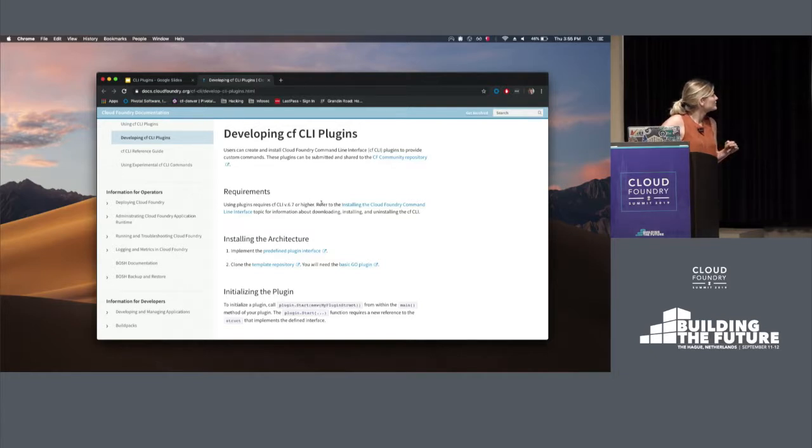So, going to developing CF CLI plugins. This is a lot simpler than you might give it credit for, because you do have this really nice interface of just like, I'll pull up